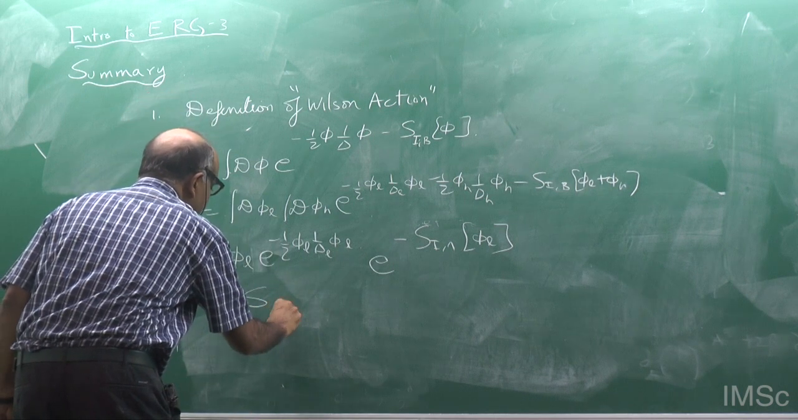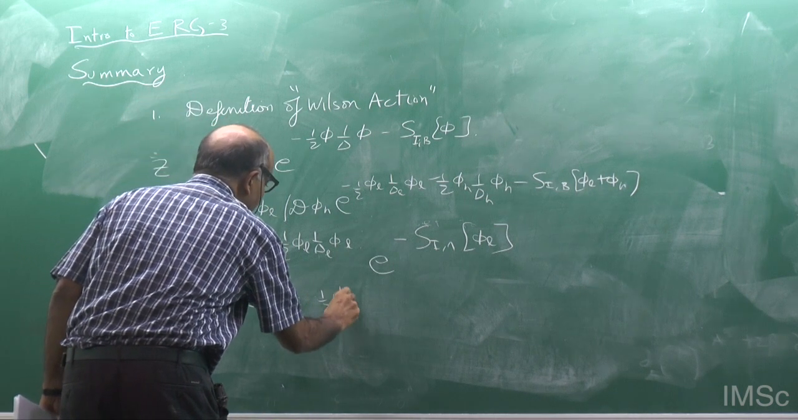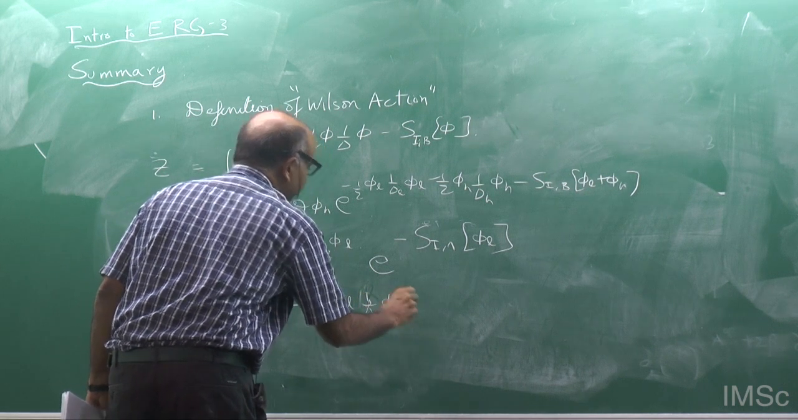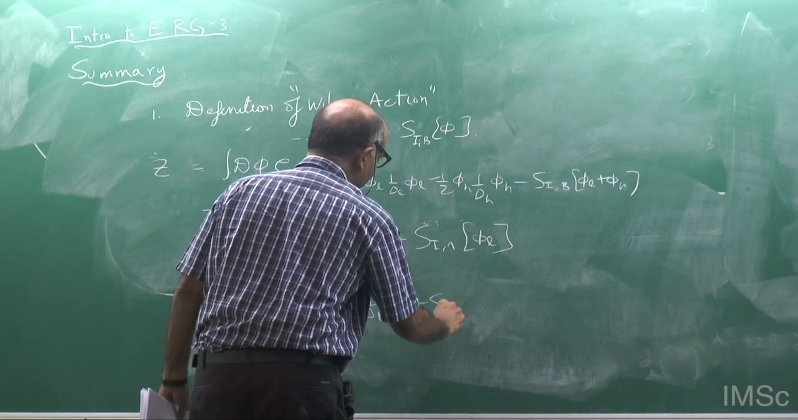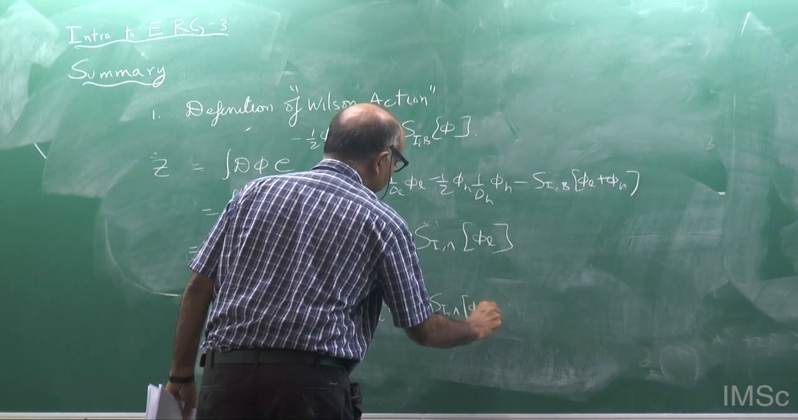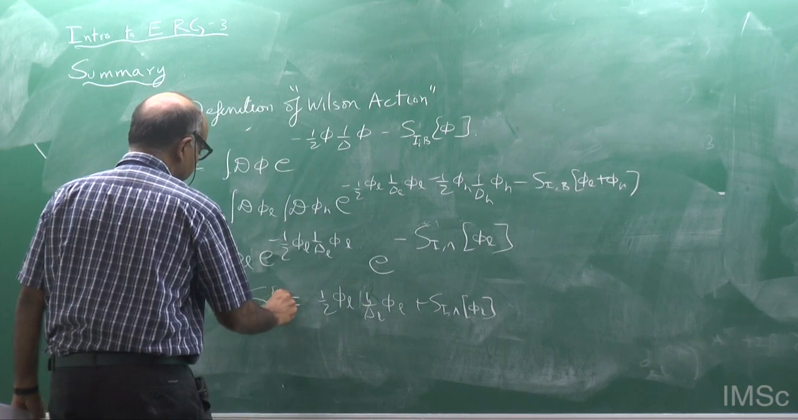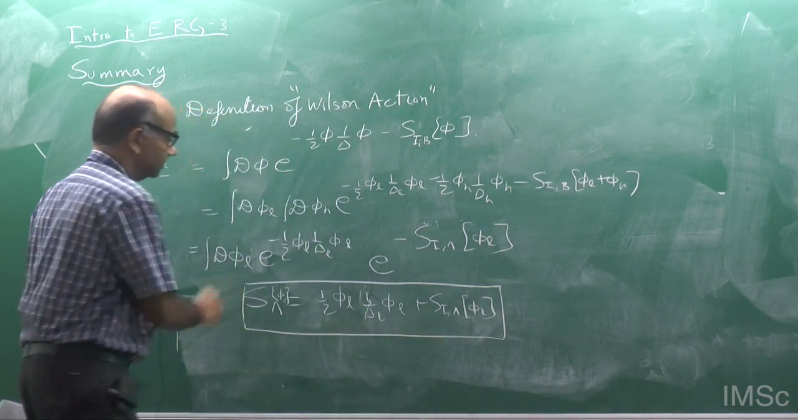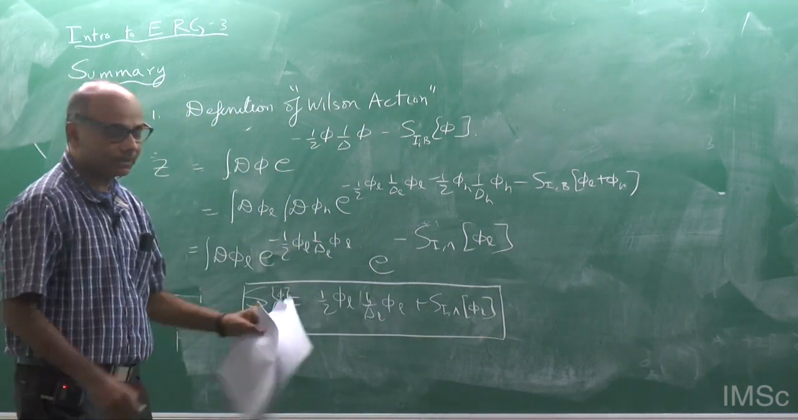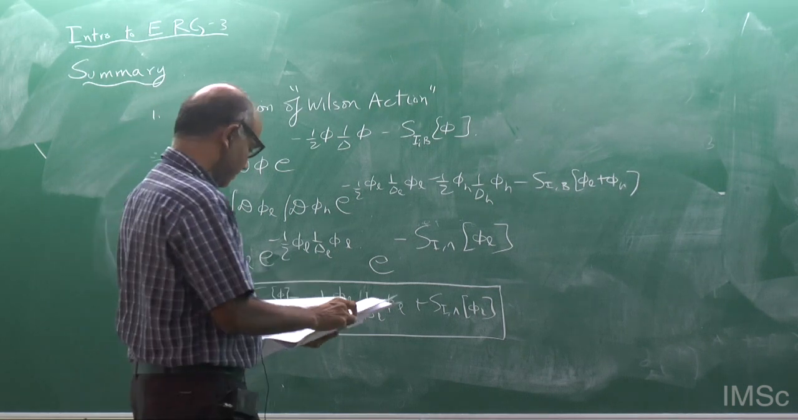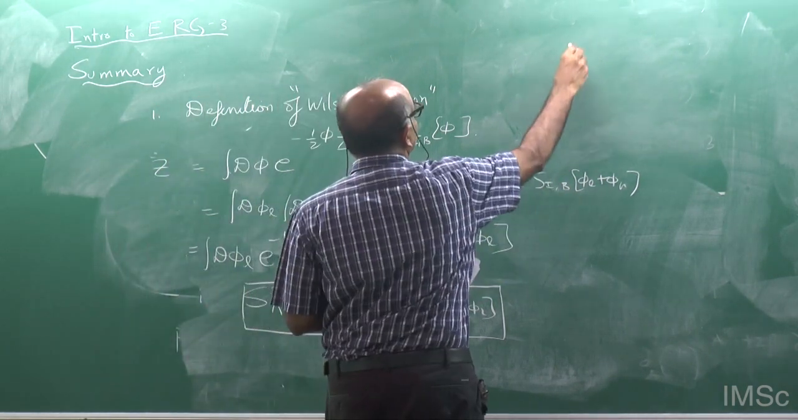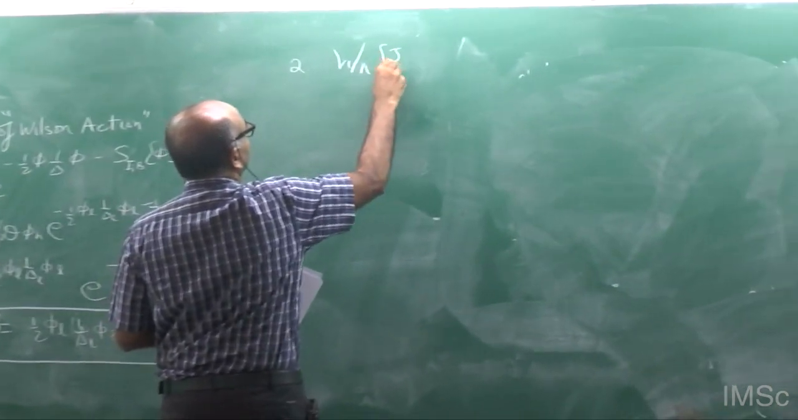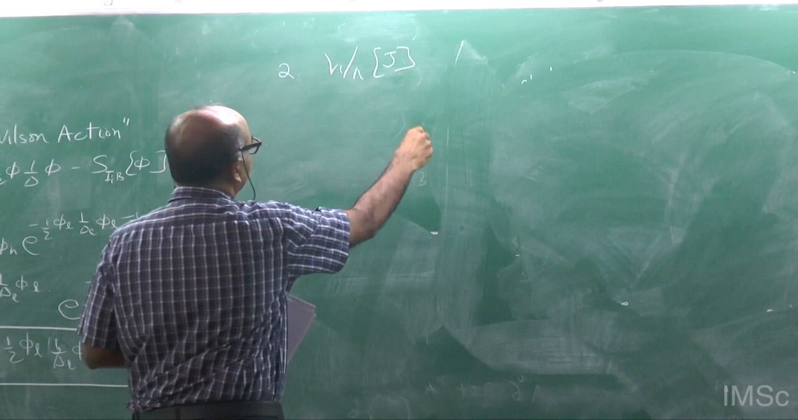The Wilson action S lambda was half phi L, defined like this. The second thing we did was, I think I defined two other quantities. One is this. So this was defined as